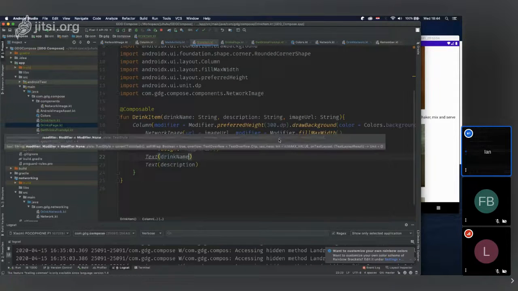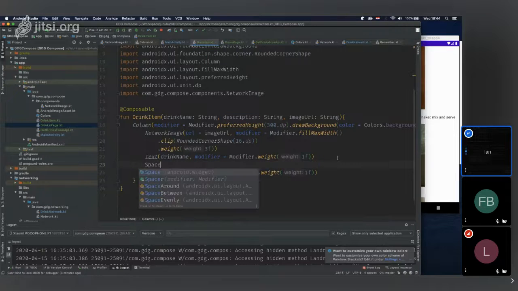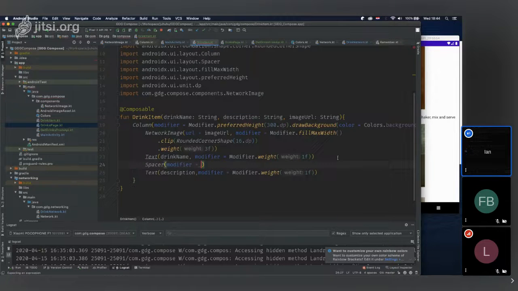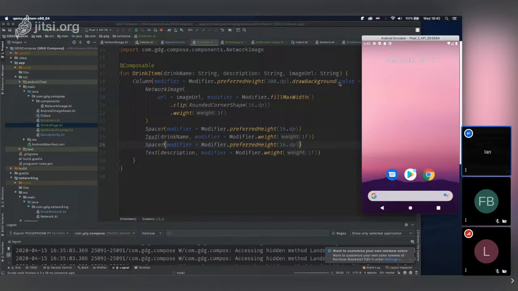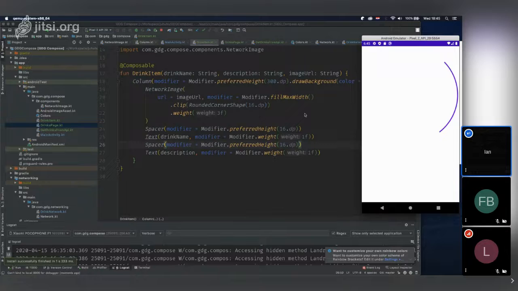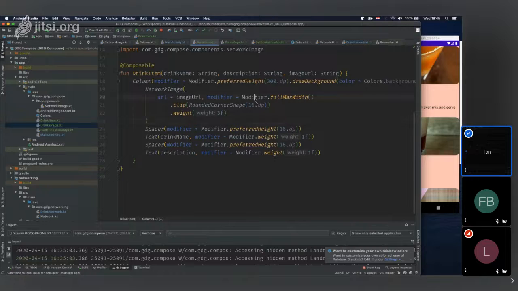And we'll have this text. Let's add it to modifier 1F, and let's add the same to the one below it. Okay. And let's put some spacing in between them, like for 16 density pixels, just so they're not crammed together. And let's rebuild this and see what we get. Oh, okay, ugly as you can see,